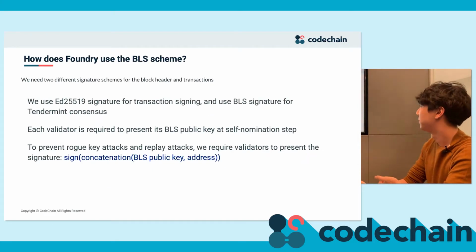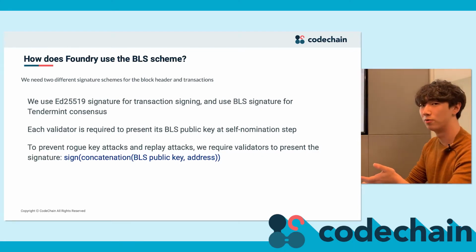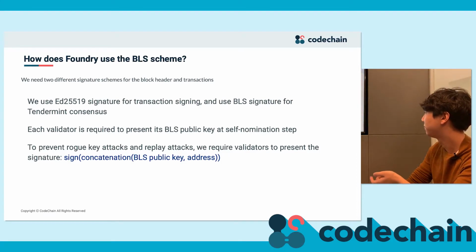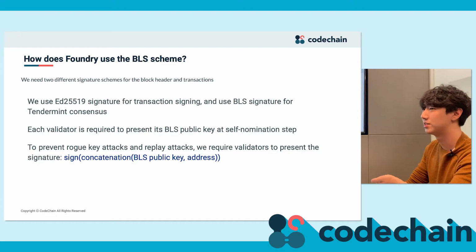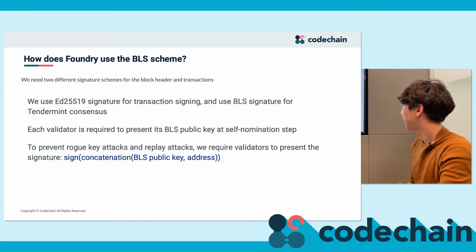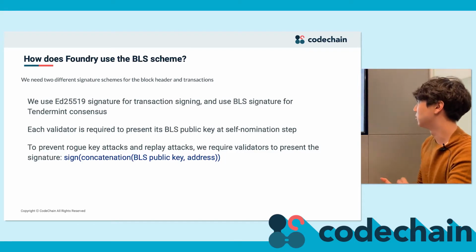So this is some of our implementation detail. We decided to use two different signing schemes for block header signing and transaction signing. We use ED25519 signatures for transactions and BLS signatures for Tendermint consensus messages. The main reason is that BLS is quite slower than the other ED25519 signatures. So we thought it was not worth using BLS signatures for all transactions because it would slow down the